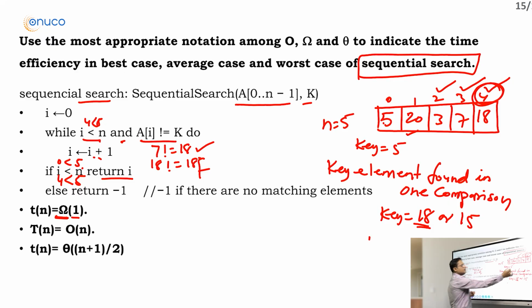How many comparisons were required, friend? 1 comparison, 2 comparisons, 3 comparisons, 4 comparisons, 5 comparisons. It means the number of elements was 5, 5 comparisons. For n elements, n comparisons. So in that case, worst case